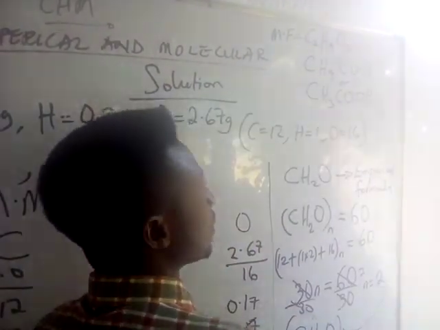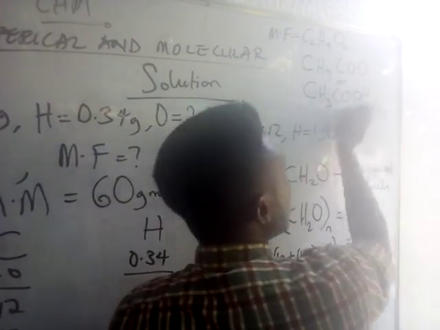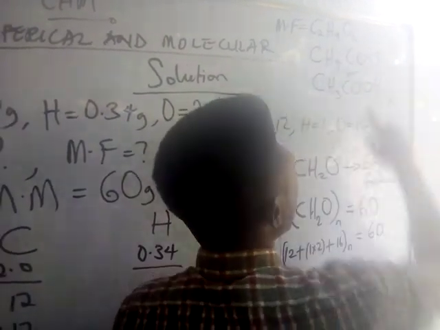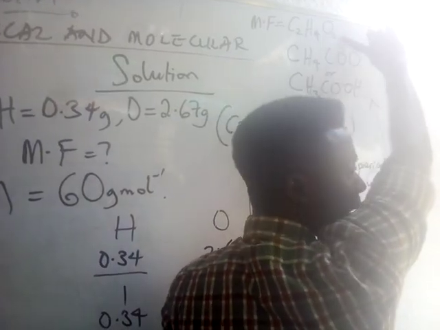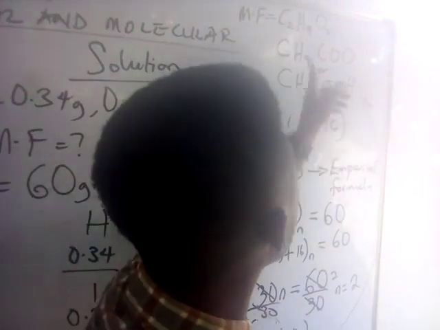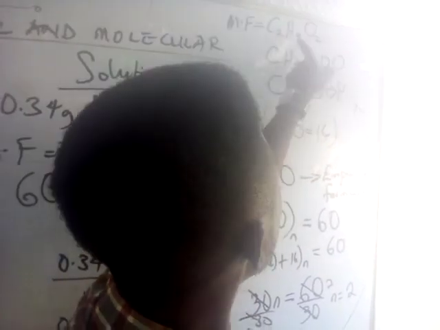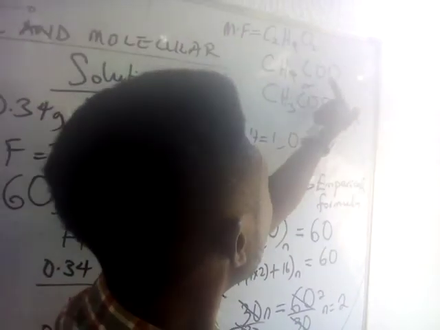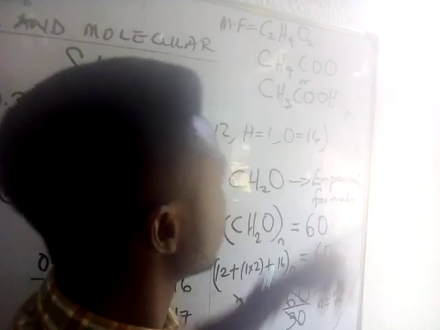So this is your true molecular formula. Now, if you don't know how to put it exactly like this, nothing stops you from stopping here. Are you with me? It's not wrong because you are still having the same number of atoms. This is 2, this is 4, and this is 2 oxygen. Do you understand? So